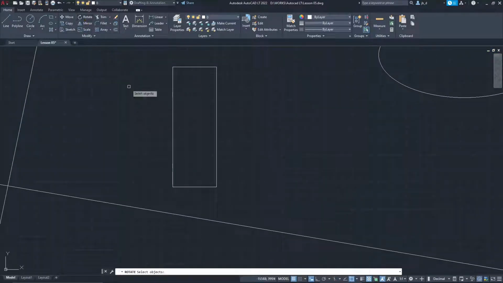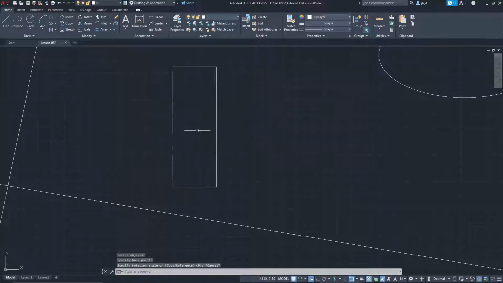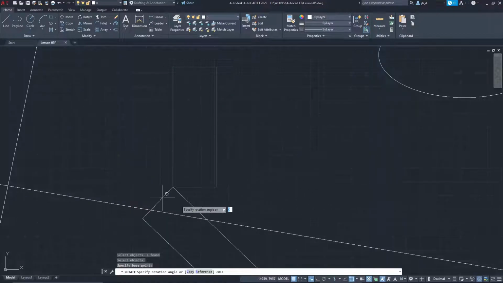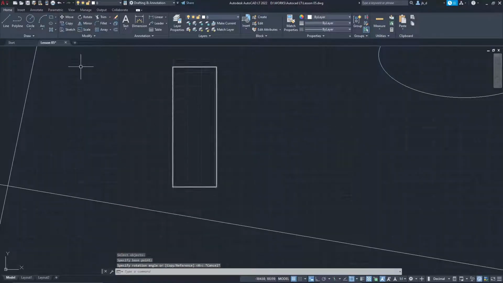Now again, you can see that it's going to ask me to select objects and then press enter. And now again, I have a base point. This is really important, because this will be the pivot of my rotation. If I rotate in the middle, I'm going to have this effect. If I rotate on a corner, this is going to be a totally different effect. So it's pretty important to decide